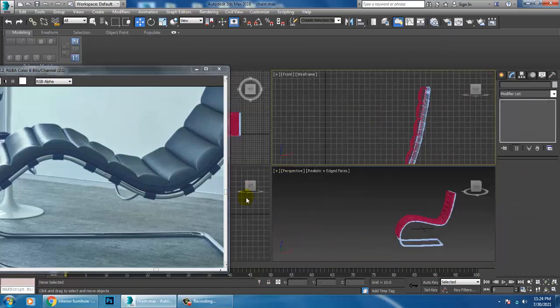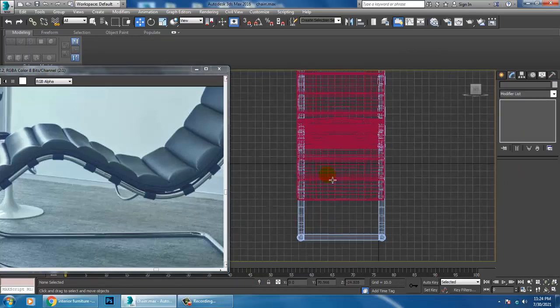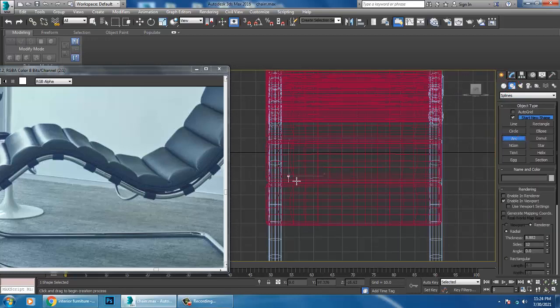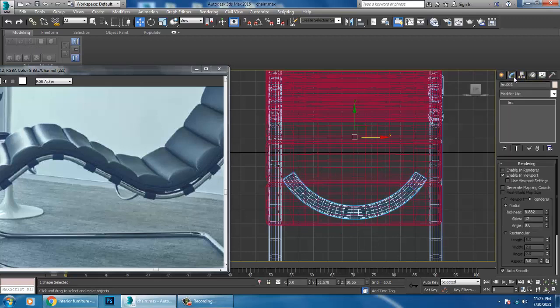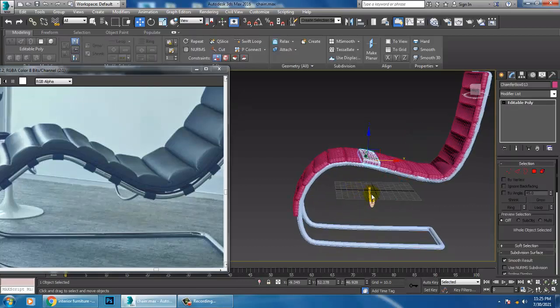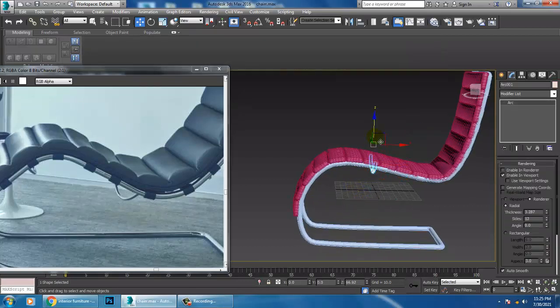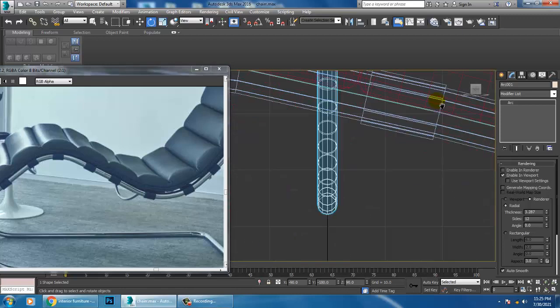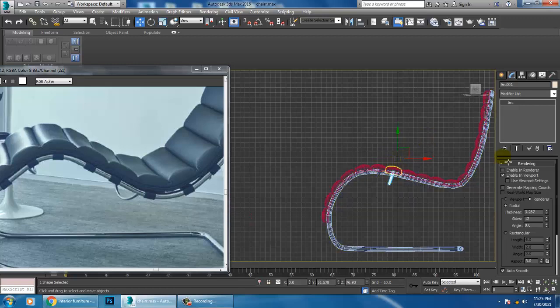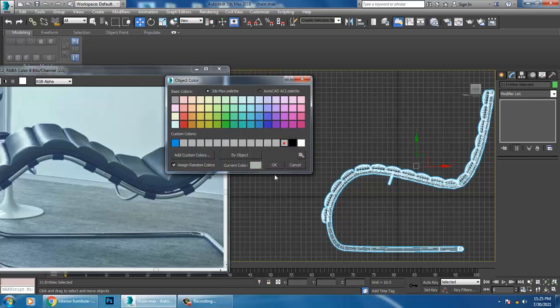Let's go into this view over here and take again our arc over here, and let's reduce its thickness and slightly rotate it. Just give a color to it.